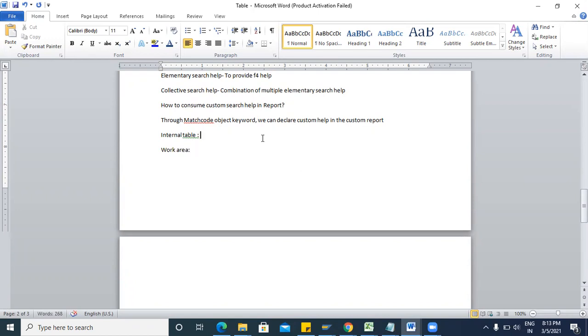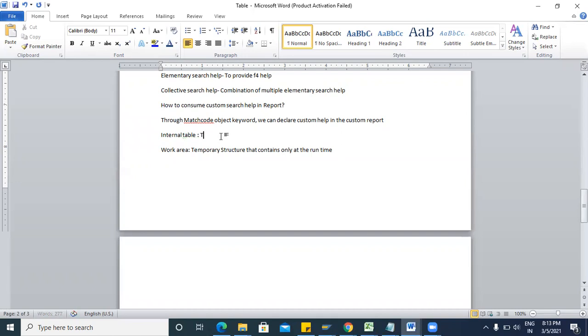It is a temporary structure that contains the data only at the runtime. I will show you how we can store the data only at the runtime.